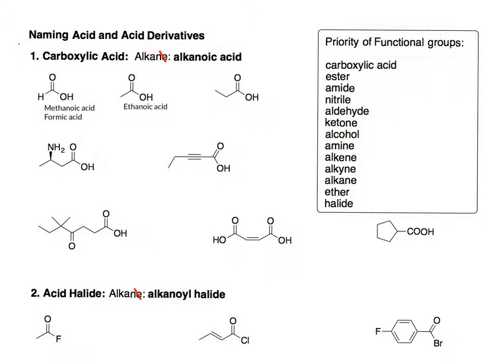And the common name, you probably see the common name more than the IUPAC name for this compound. That's why I want to show you the common name as well. Following the formic acid and acetic acid is the IUPAC named propanoic acid. And propanoic acid is often